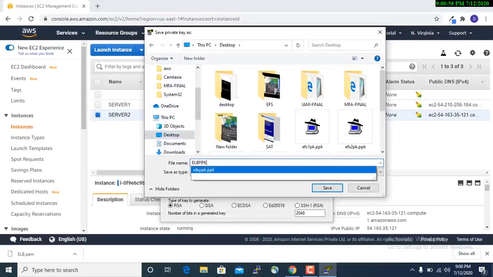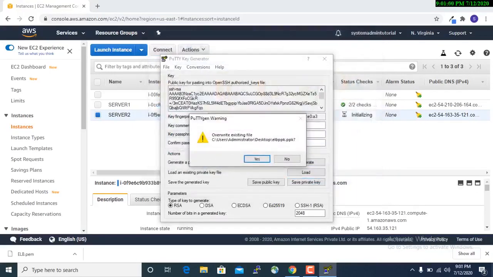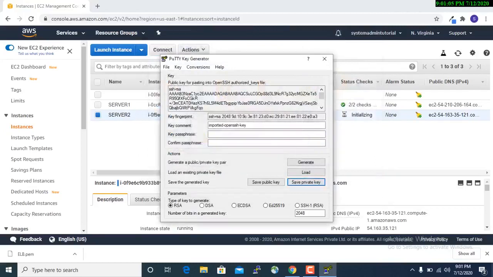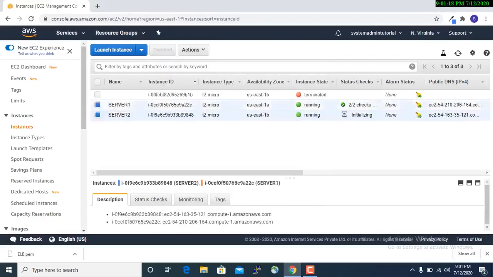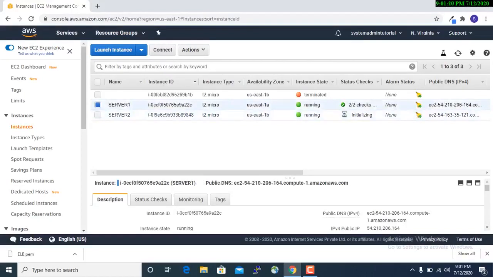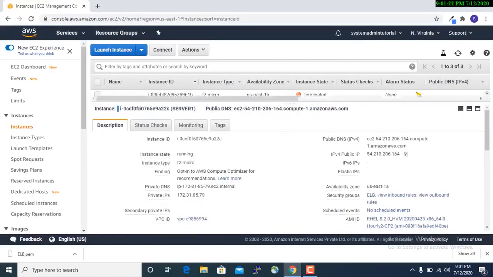Using this private key you have to access your Linux instances. I am keeping it on my desktop, named elb.ppk. I use that elb.ppk file while accessing the AWS instance.